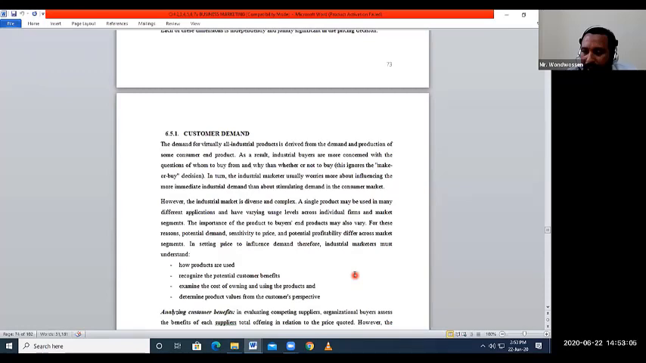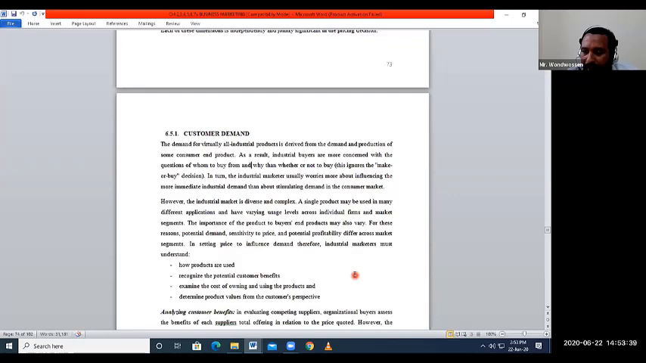The other factor we have to consider in relation with customer demand is to determine the product value from the customer's perspective. So what's the expectation of the customer about the product? The value of the product should exceed the cost of the product, so the customer will get satisfaction. So in this case, we have to determine what the benefits or the values of the product are from the